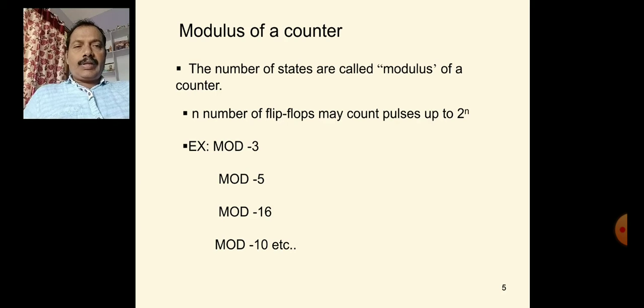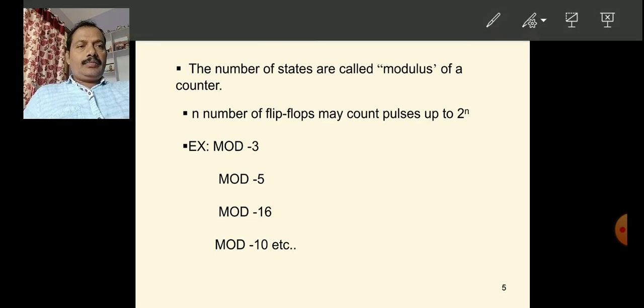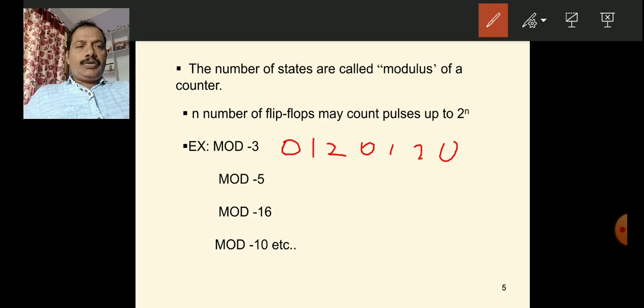That is the mode 3. This counter counts 0, 1, 2, 0, 1, 2, 0, 1, 2 like this. This mode 3 counter will count to only 3 pulses,